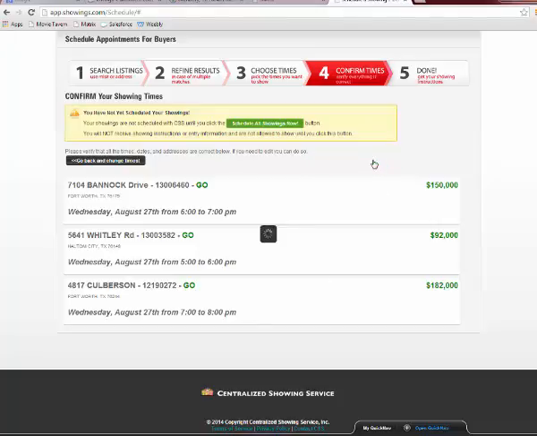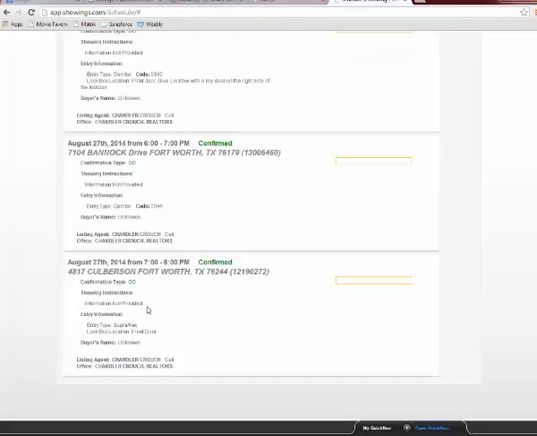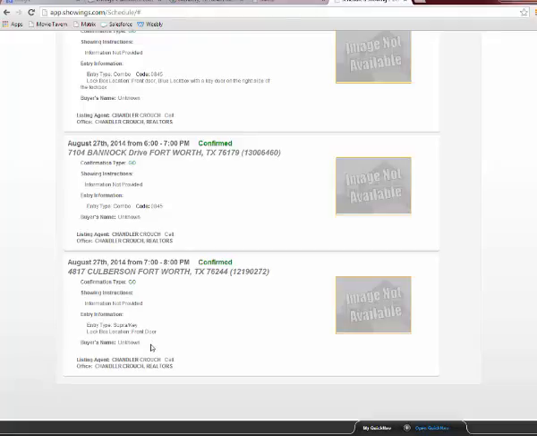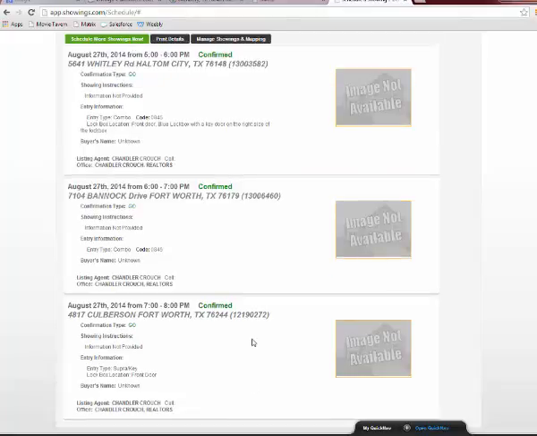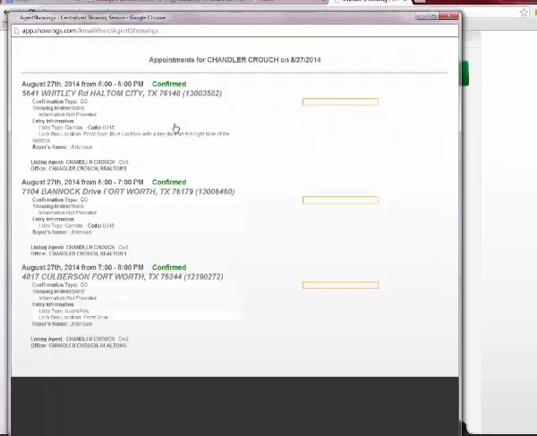It will take you to a screen that will give you the showing instructions. Here you can find out where the lockbox is located, what type of lockbox it is, who the listing agent is, and if the appointment has been confirmed. Some appointments will need further acceptance from the seller. Once everything looks good, you can print the details so you have all of the showing codes in front of you,